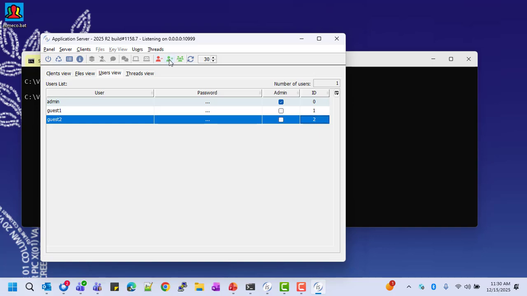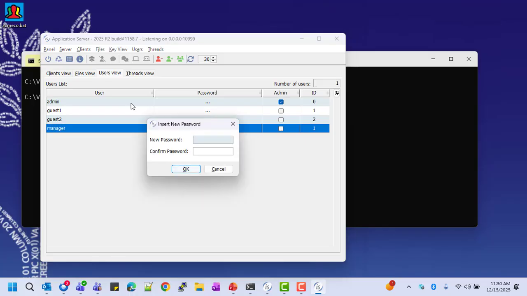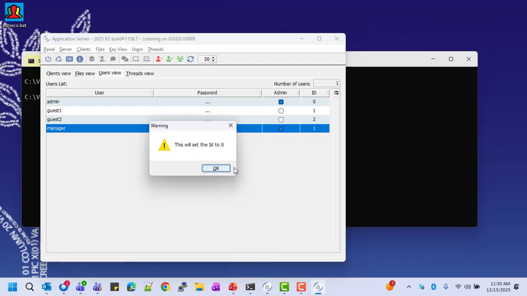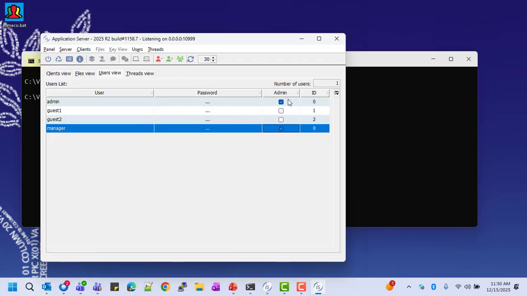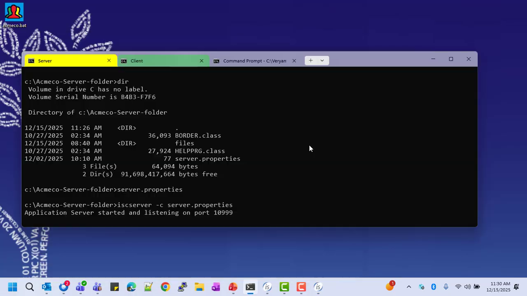I want to add one more, and we're going to call it manager. Password is the same. And this one I am going to give access to the administrative panel. I have my users. I'm going to save. Let's take a look at that properties file. I'm going to stop the server,